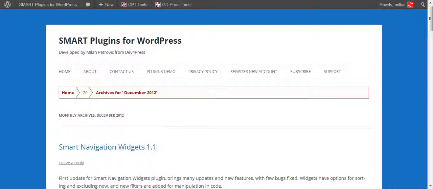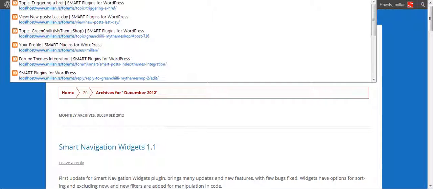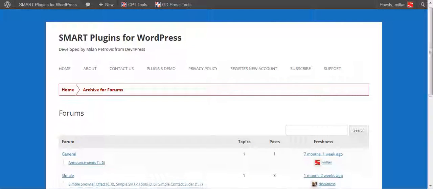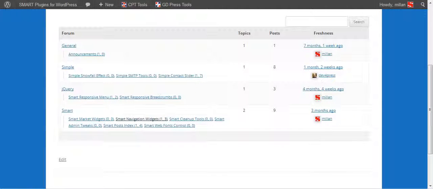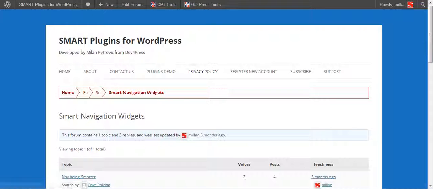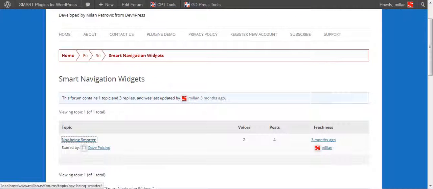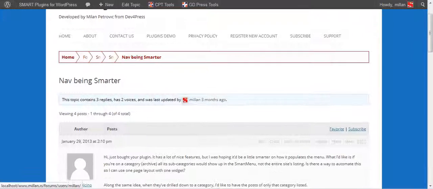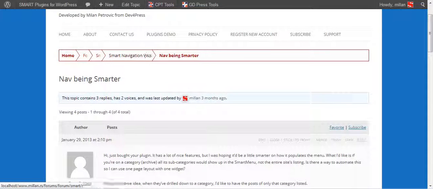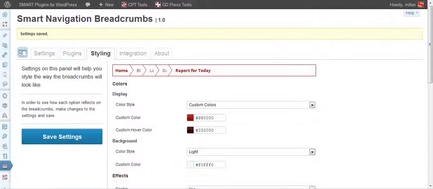The plugin also supports bbPress forums, so if you go to forums, you will see something like this. If you navigate further, you will also see forums, next forum, subforums. Same goes for topics. Because of that, this method of navigation is very useful if you have a very long breadcrumb, as it will make it more compact and easy to use. If you don't like it, you can always leave it expanded fully.